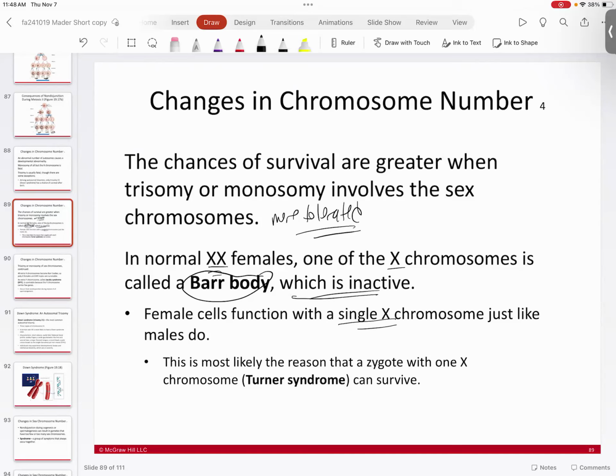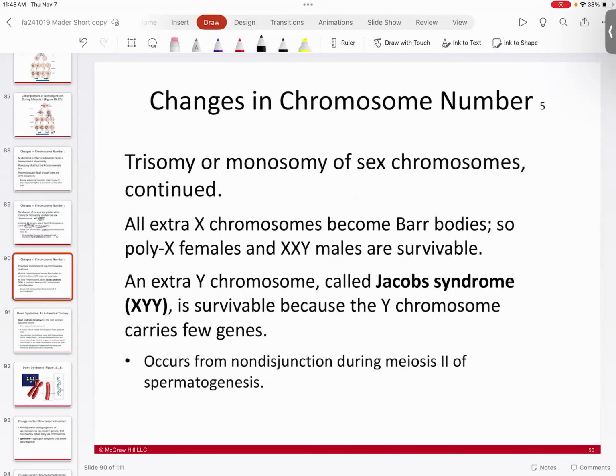And so this is the reason why, say, for instance, somebody who has an XO, that's Turner syndrome, is able to survive, because they only need one X in order to be able to do what they need to do. So ultimately, regardless of how many you have, the extra X chromosomes will basically be condensed down into bar bodies. So for instance, if you have a male who's like XXY, this is survivable ultimately, because